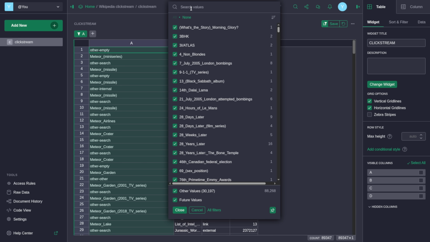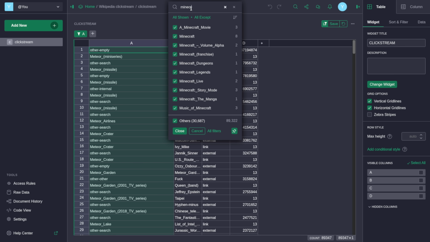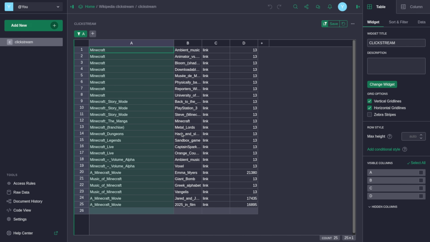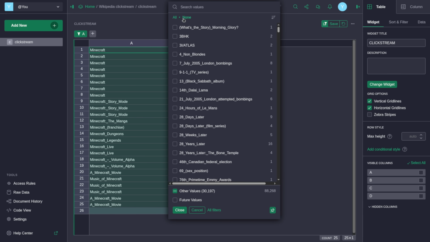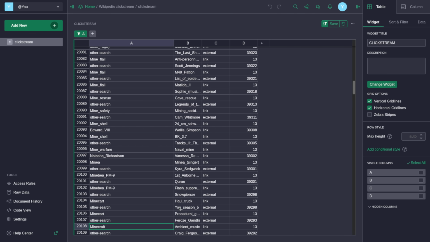Let's go ahead and search for Minecraft, and let's say all shown. All right, close. We've just filtered this to 25 records out of 89,000, and I did this all in real time. Grist is very efficient with larger data sets and is able to filter and change things quite fast and dynamically. Let's go ahead and pull up the filter data. We're going to select all again. And now we're back to